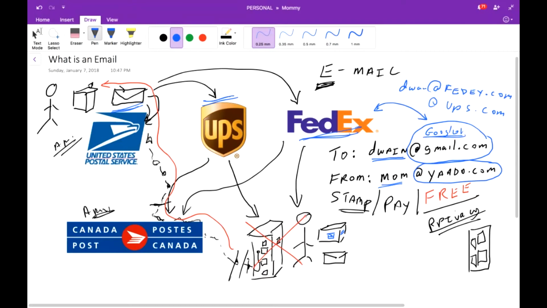What you do is you register your mail with a provider of your choice. Some people have Gmail, some people have Yahoo, some people have Hotmail, some people have AOL. It doesn't really matter. The point is that as long as you put in the correct to email address and the correct from email address, it will get to the right person because it's going to be routed individually. So that in a nutshell is how the email system works.